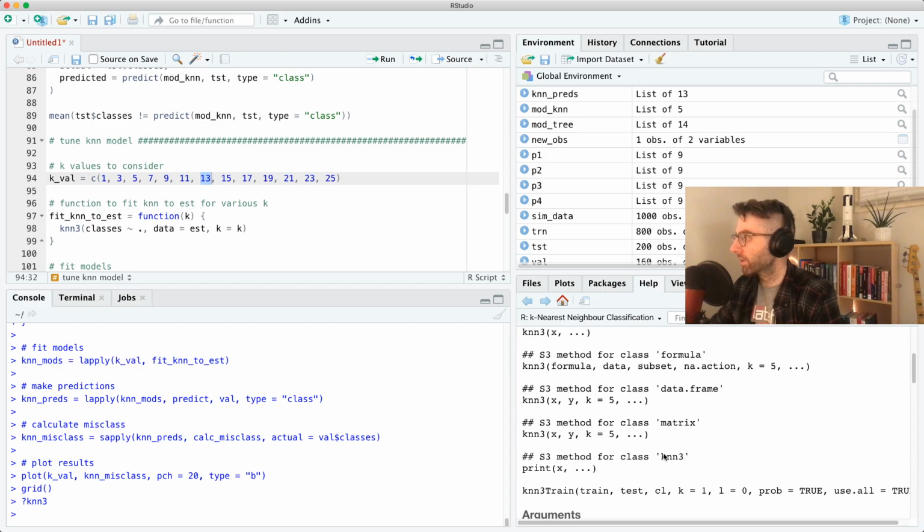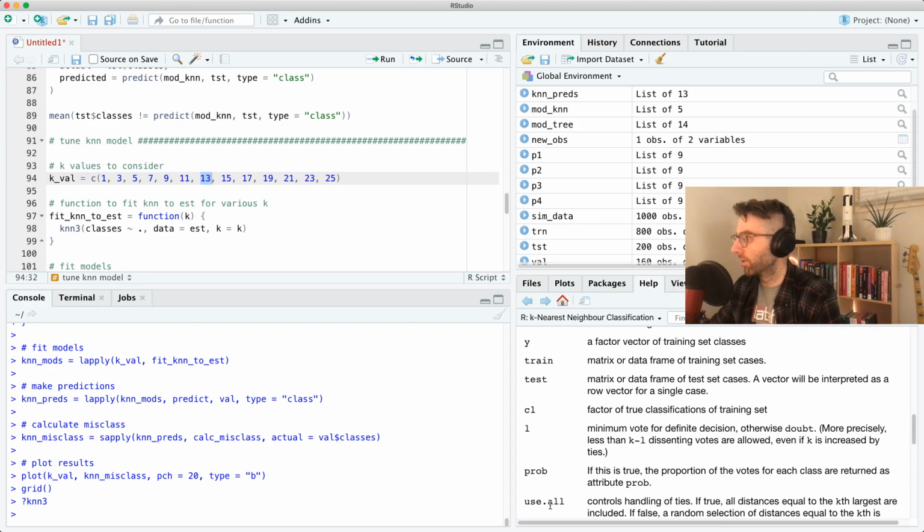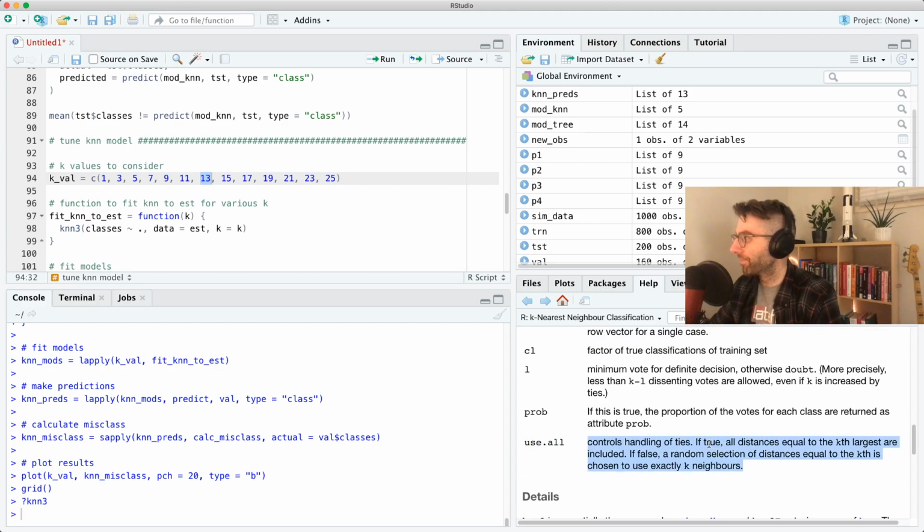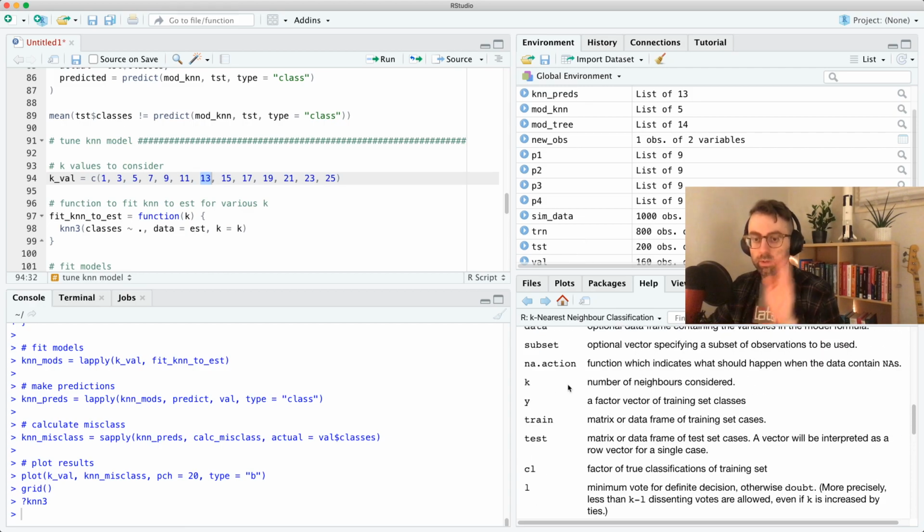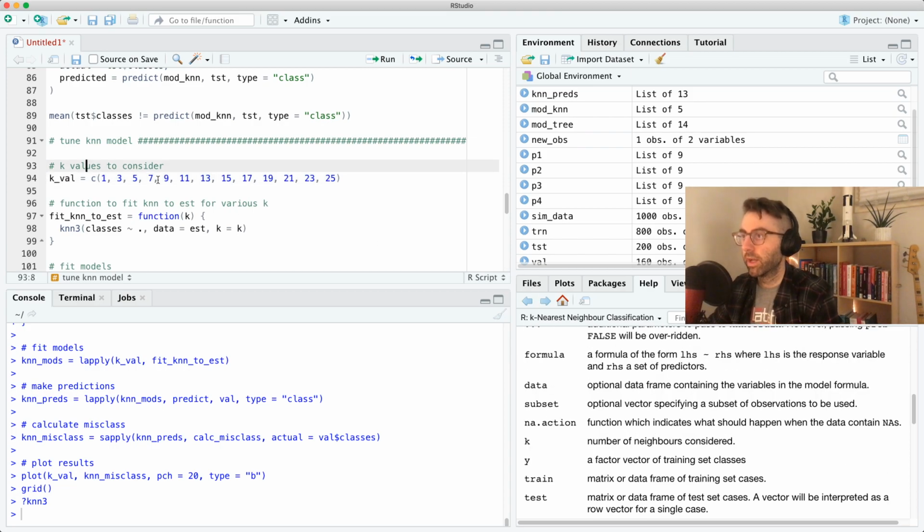So there is this argument called use all. That's not the kind of tie we're talking about. If there were ties in distances, and then like if we were doing k nearest neighbors with 10, and the 10th and 11th observation both have the same distance, this tells us how to avoid that tie. But with the ties that we're talking about, like it's 6, 6, 1 when there's 13 neighbors, it doesn't do that. So what I should really do is I should,